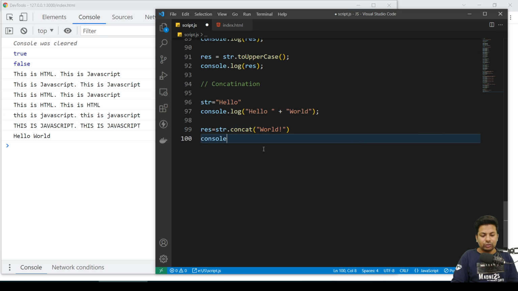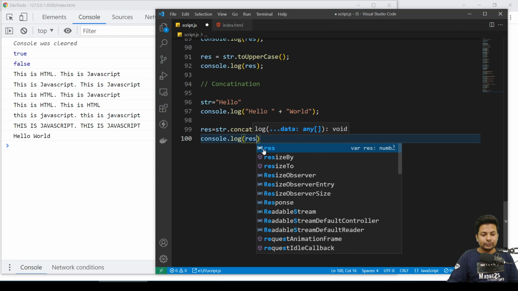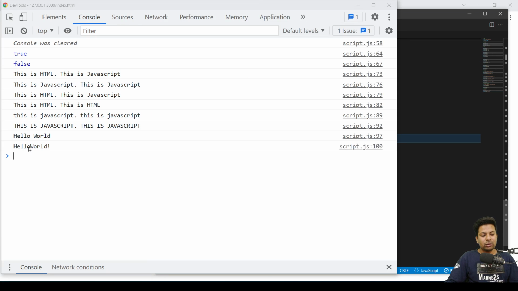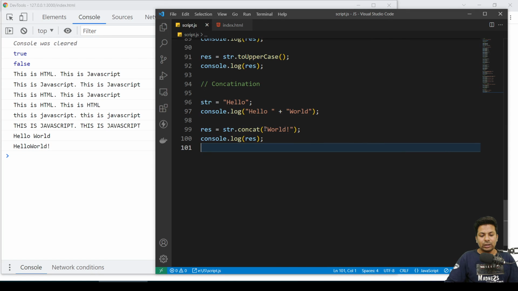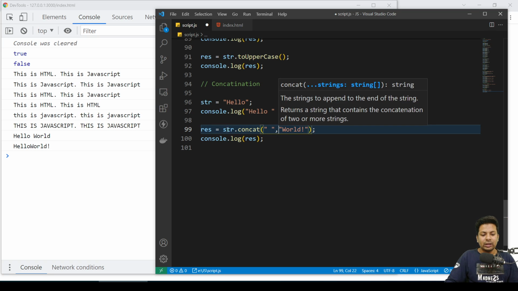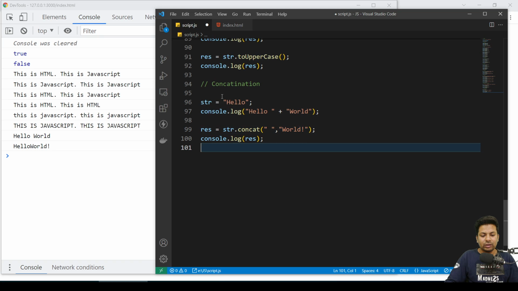Then you say console.log result. See hello world. Now you can see there is no space. I want firstly there should be a space. So what I'll do, I'll put a space here firstly, and here a comma. So it will add hello plus space plus world.